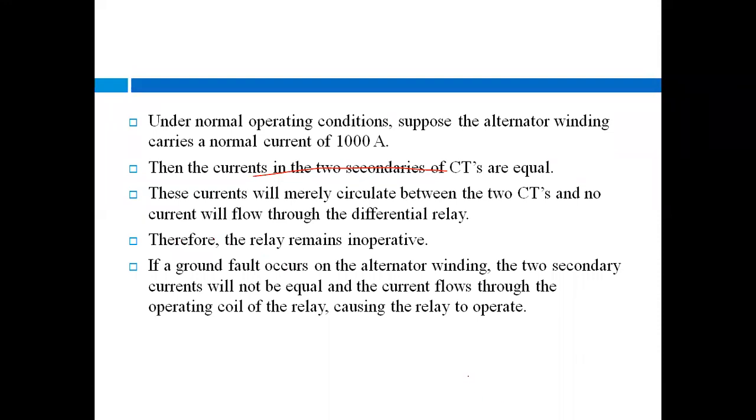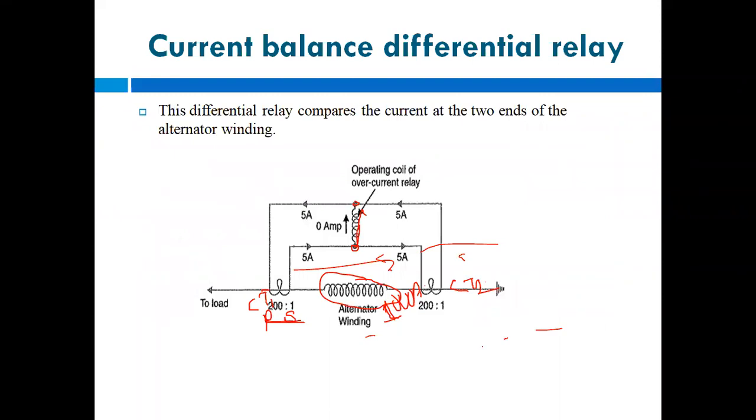meaning it gives a signal to the circuit breaker for opening the switches. So here again, when the two currents are the same, meaning incoming current is equal to outgoing current, there is no fault current. The current through the operating coil is equal to 0 ampere, and your relay will not operate at this condition.